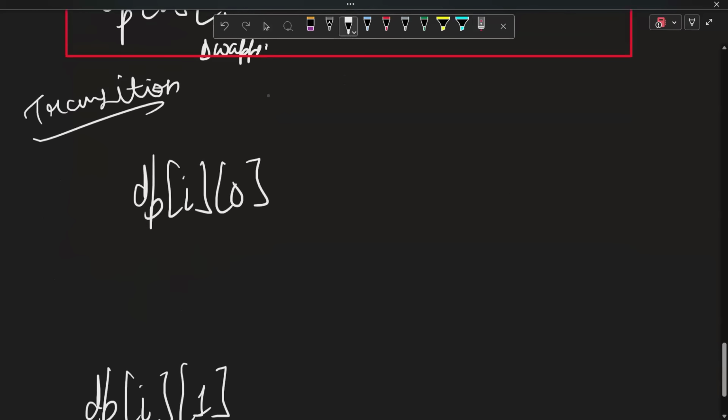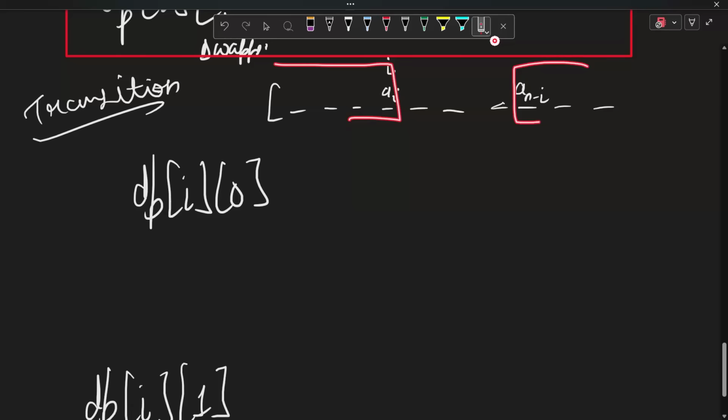So in i0, what I'm telling is, in my array, if I am at the ith element, this is A of i, and this is, let's say, A of n minus i. So for this much array plus this much array,